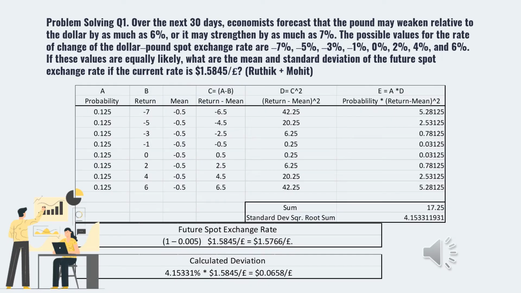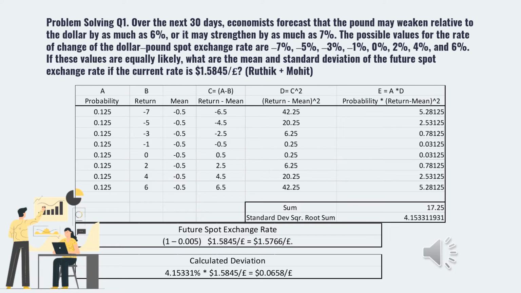Good morning. As per the question, we are asked to find the mean and the standard deviation for the future expected spot rate, for the current spot rate of $1.5845 for every British pound. Firstly, we calculate the mean, which is the sum of observations divided by the number of observations. All our future possibilities are given, which are -5, -1, and so on. By calculating the sum of the observations divided by the number of observations, we get negative